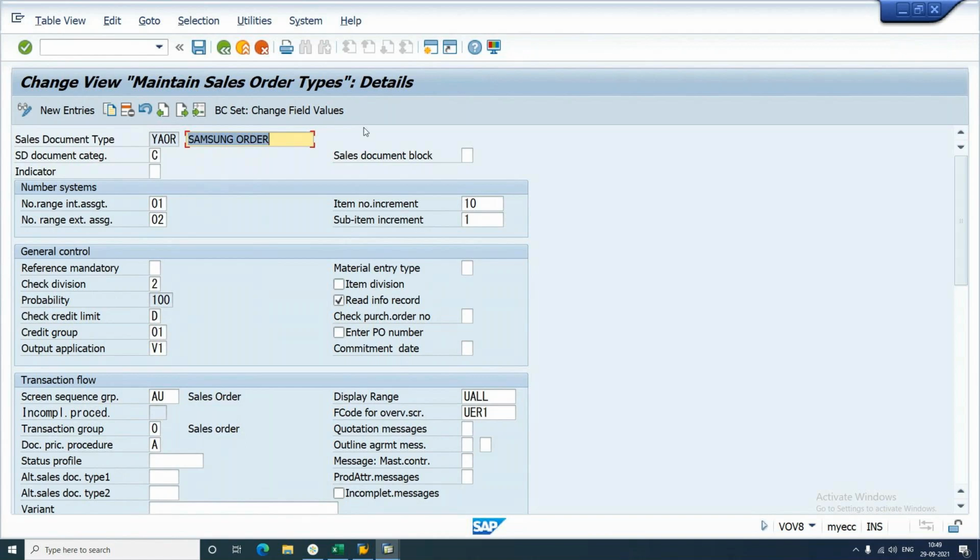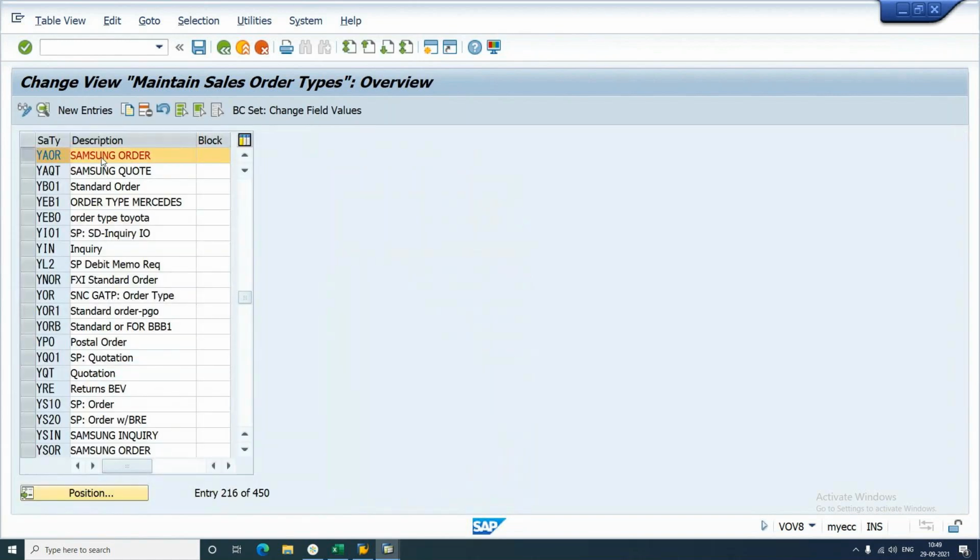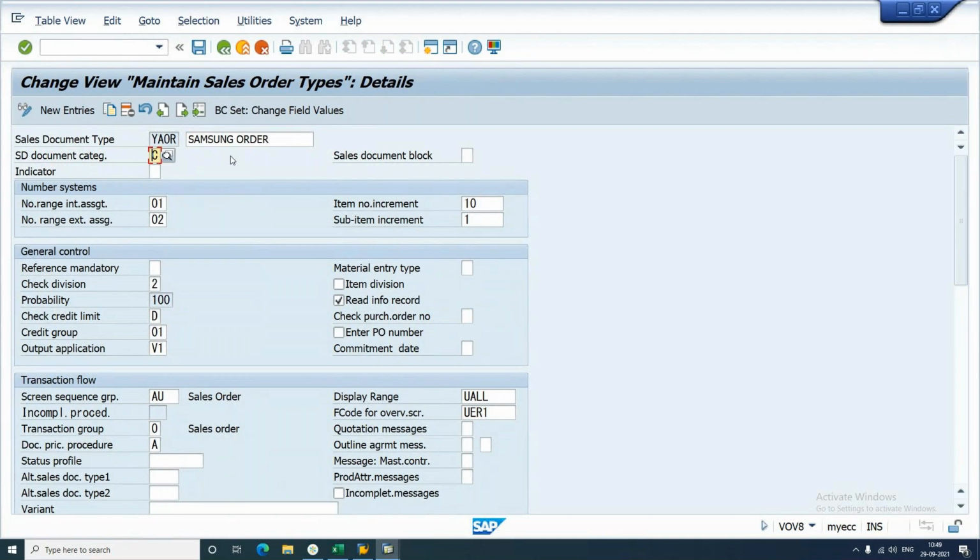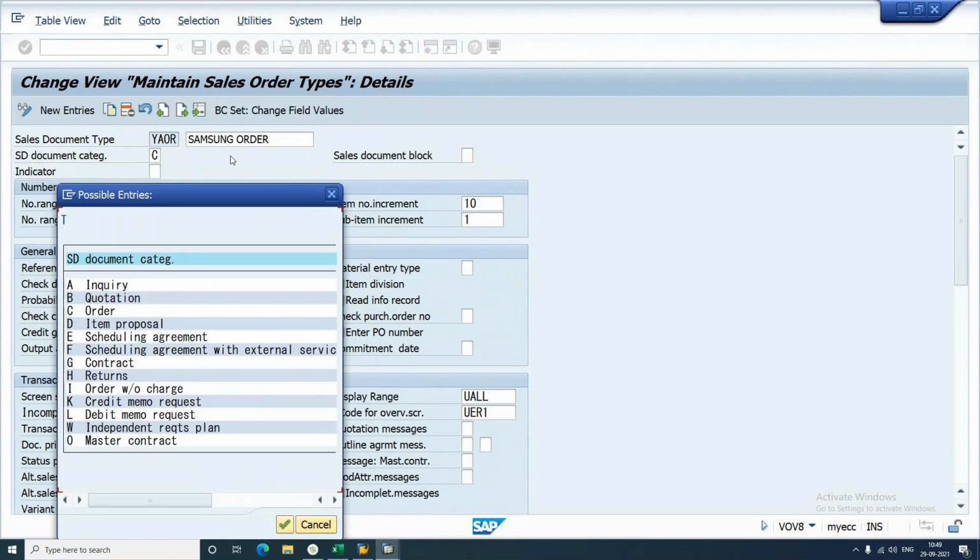Okay. Now, coming to the next field, document category. This document category has been maintained as C. Now, what does this C stand for? With the help of this document category, we can classify whether your document type is acting as an order document, an inquiry document, or a quotation document. We are grouping a set of document types here. Now, for example, if you look at the quotation document type,